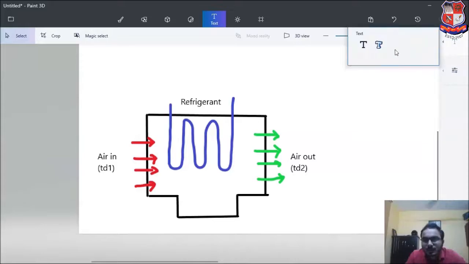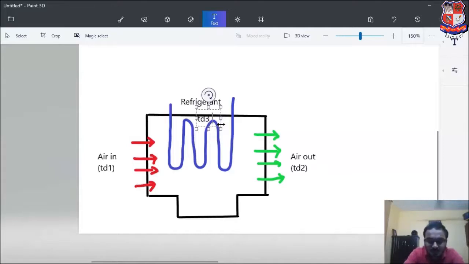And here this refrigerant is kept at TD3 temperature. So I hope that you have understood this image. Now what is going to happen here is